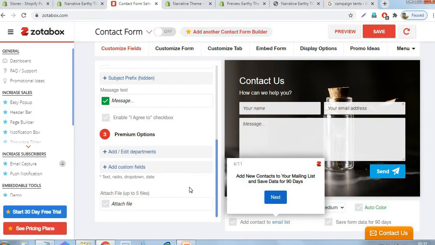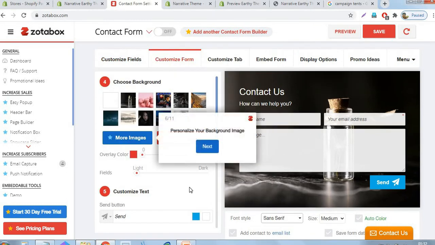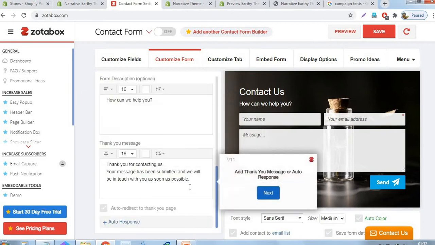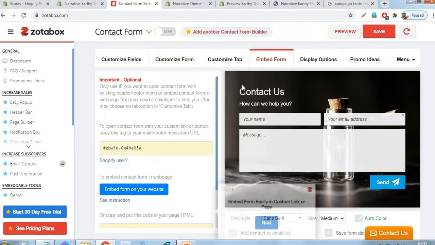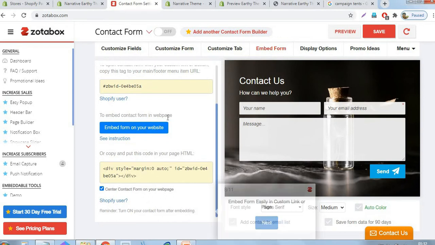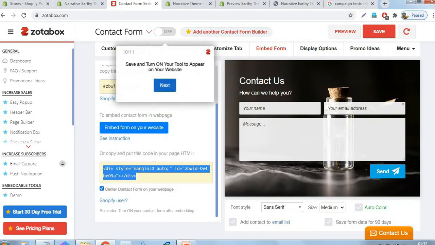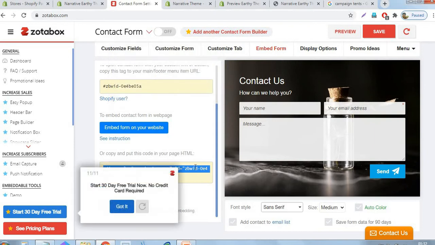Actually, this is a very simple script. We need to copy and paste it in our contact page. Everything can be modified in this application. There are a lot of setup options, so we can use anything to optimize our contact form page. This piece of code is very important because it automatically shows a contact form in our contact page.